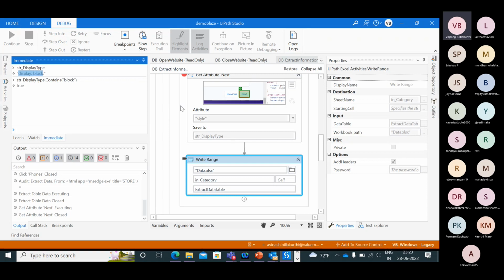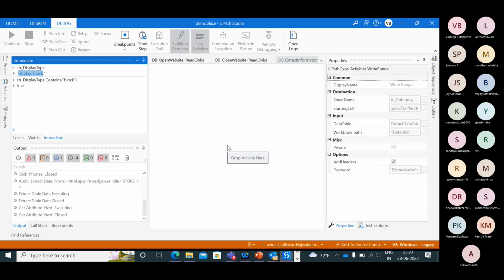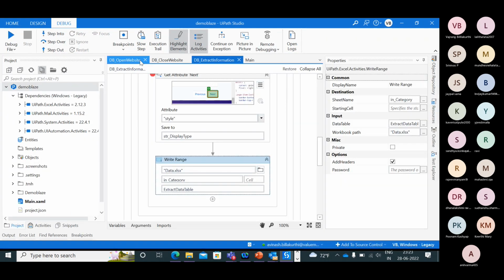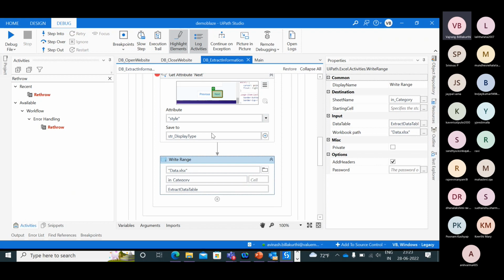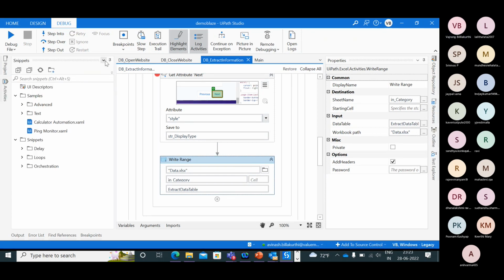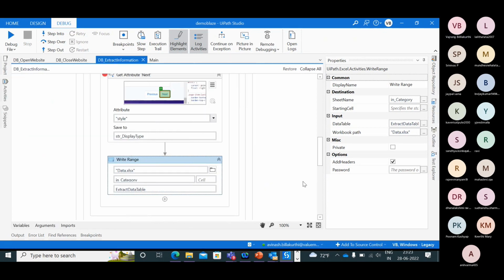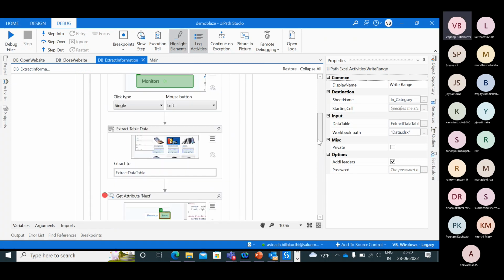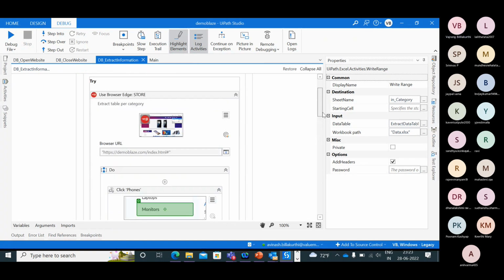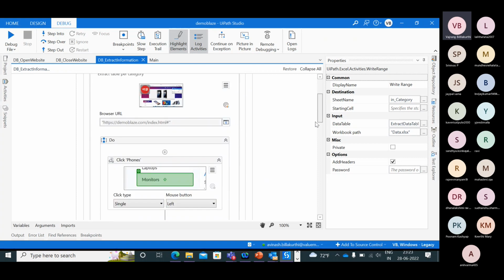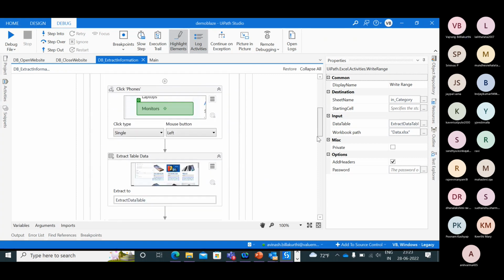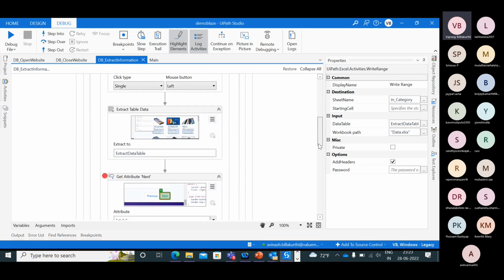So stop it. I can do something like this. Okay. So here I go. Extract a table. So after extracting the table, what can I do?